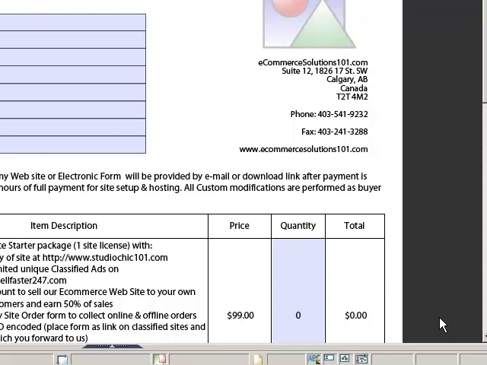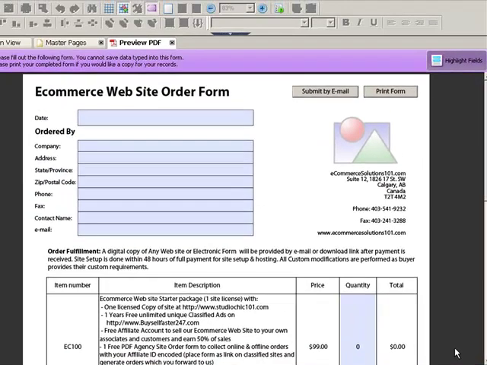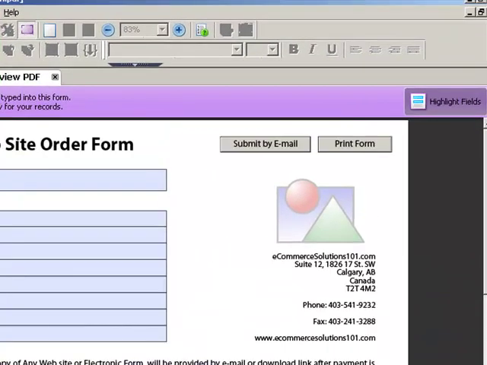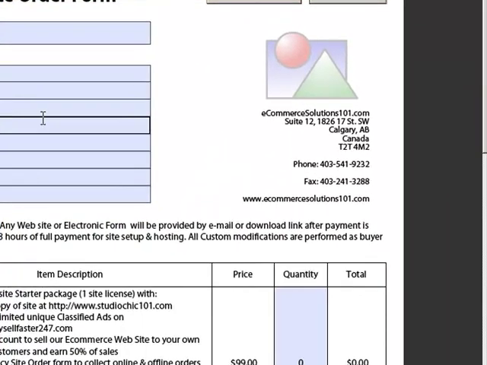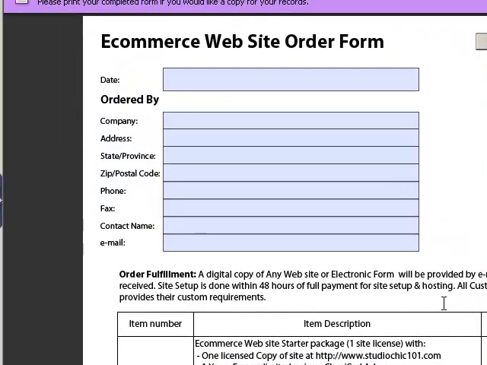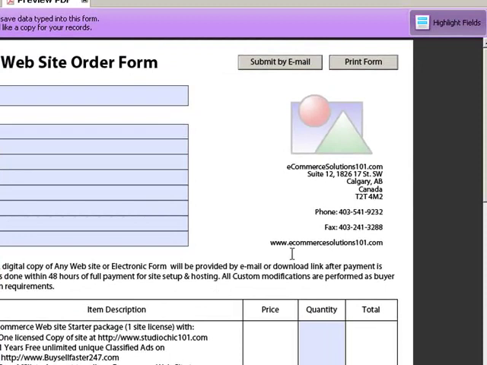Most people think that to generate orders online they have to have a website, but that's not the case actually. This PDF form that you see here is something that we design, and it acts basically like a shopping cart. So when a customer clicks a link to this PDF form, it could be on a classified ad, on your blog, or on any social networking site, you describe your product and then you put a link for them to open this form and order.